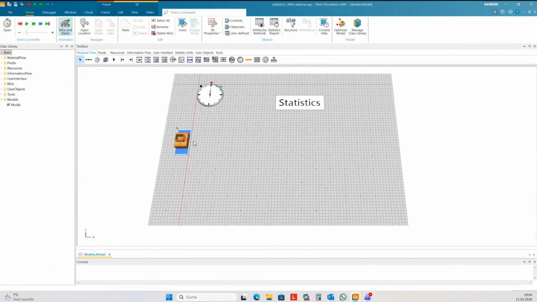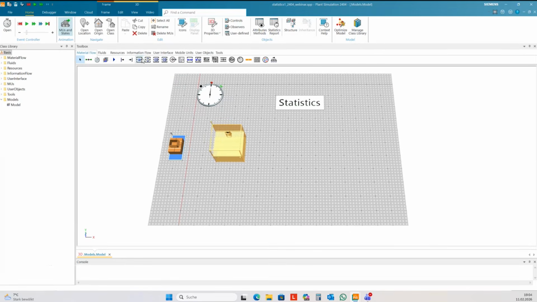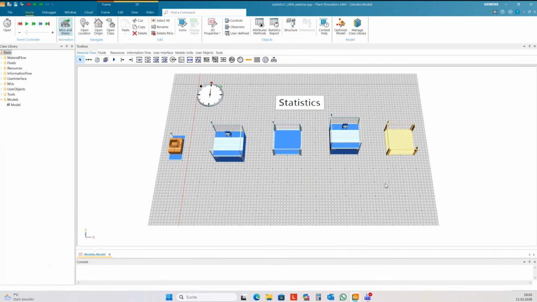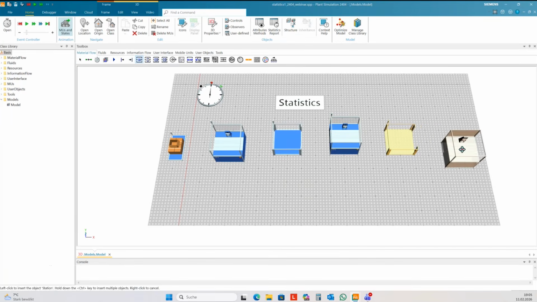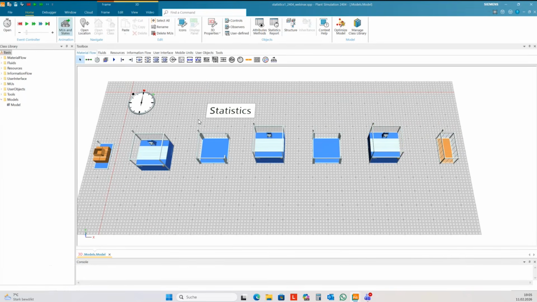I need a source, a station, a buffer, another station, another buffer, another station, and at the end, a drain. I connect all of them together.